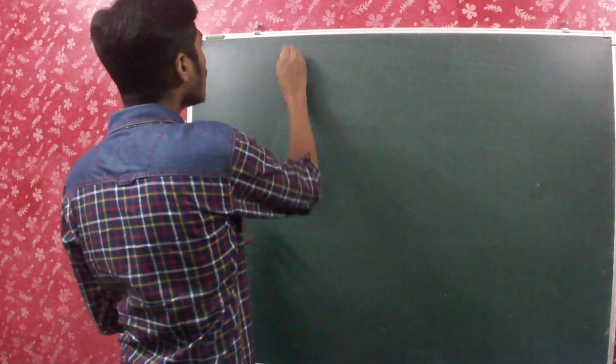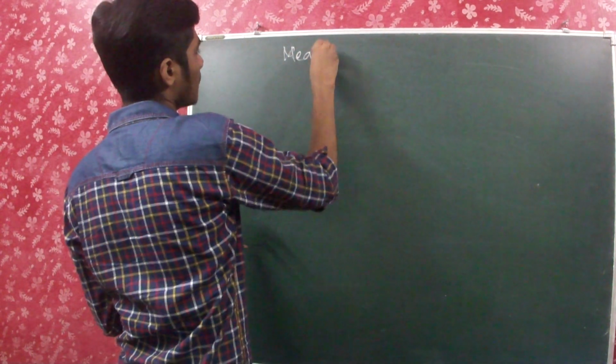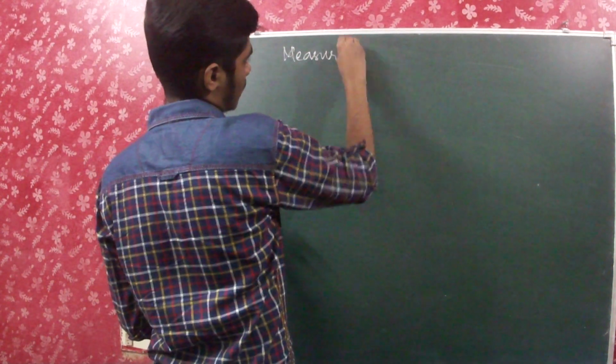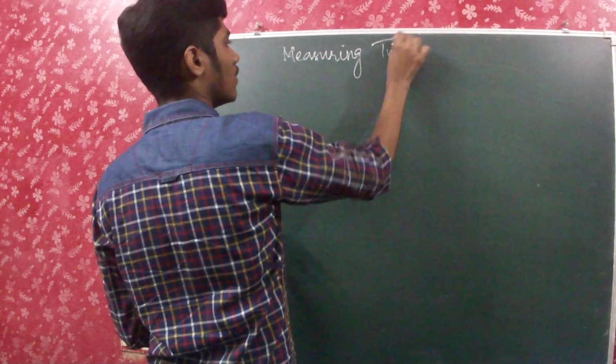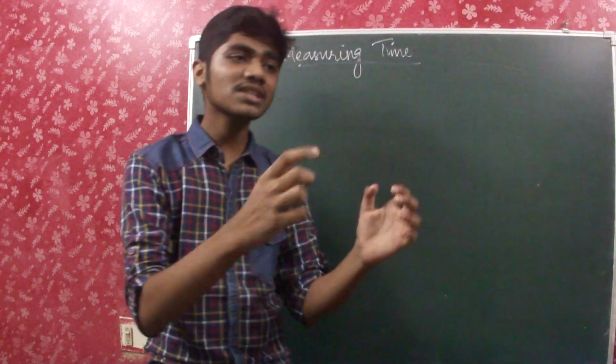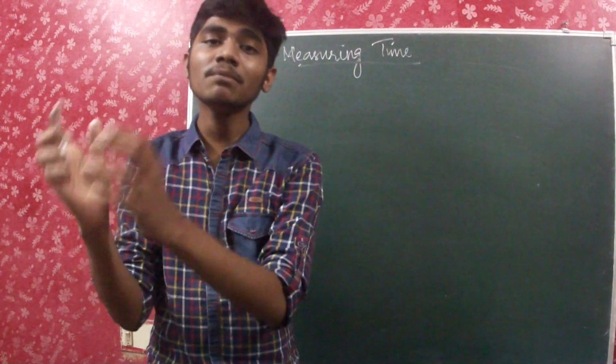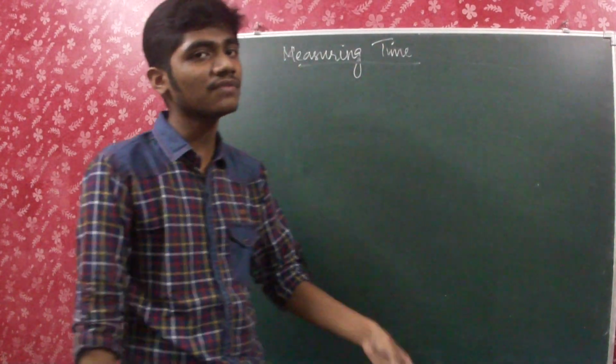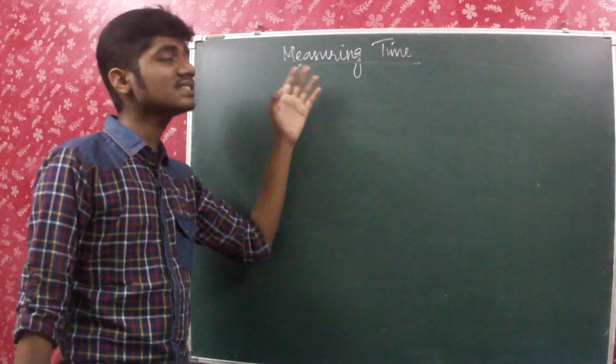Now next, how do we measure time? For everything we have a standard. In chemistry even, if you want to measure the mass of an atom, you will always have a standard unified mass, that is carbon or hydrogen, and then we compare it with the other and find the mass of that atom. So the same thing happens here.